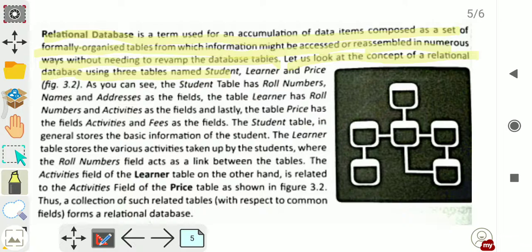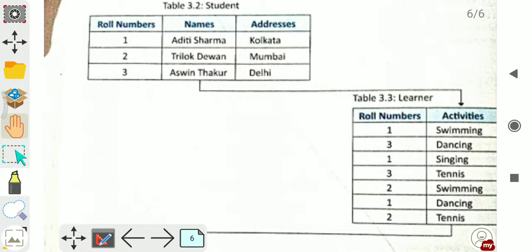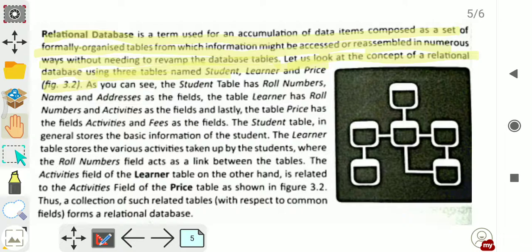Three tables have been made, named student, activity and price, which are shown in figure 3.2. As you can see, the student table has roll numbers, names and addresses,